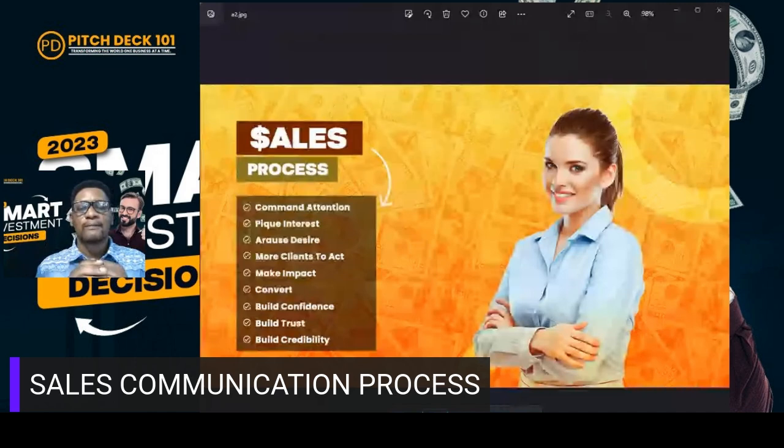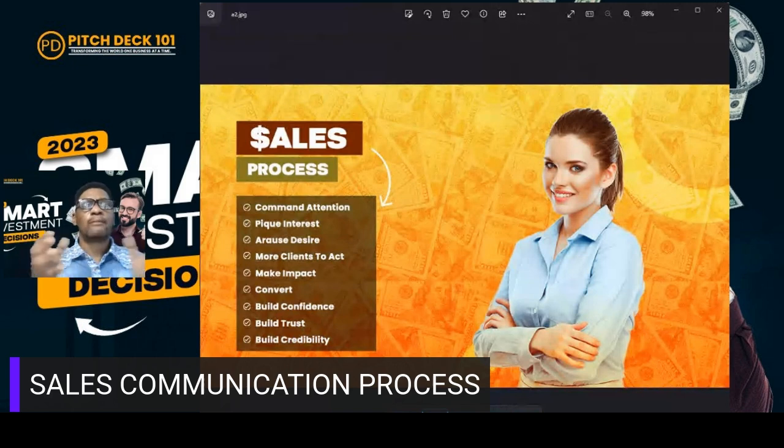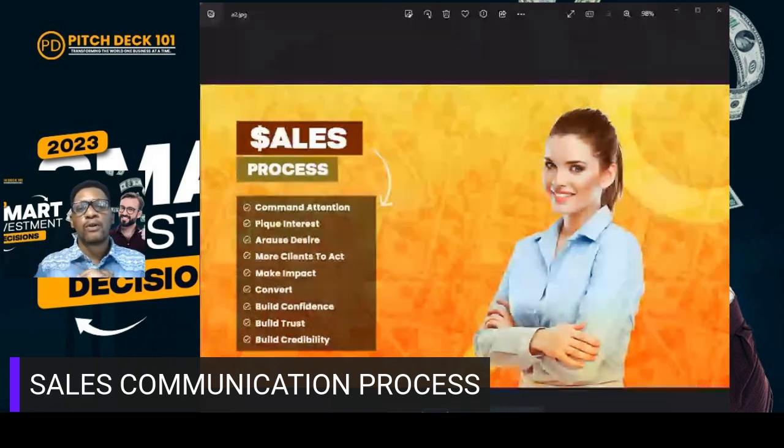Now, once you're able to convert, and not just convert one-time users, but the aim is to convert first-time users into lifetime customers, you need to have the other foundation laid out where you're building confidence, you're building trust, and you're building credibility. Over a period of time, I will go into each one of these factors of the sales process to ensure that you have greater clarity and you're better able to apply this data to your business and possibly move your business to where it becomes a six, seven-figure earner or perhaps a multi-billion-dollar earner.